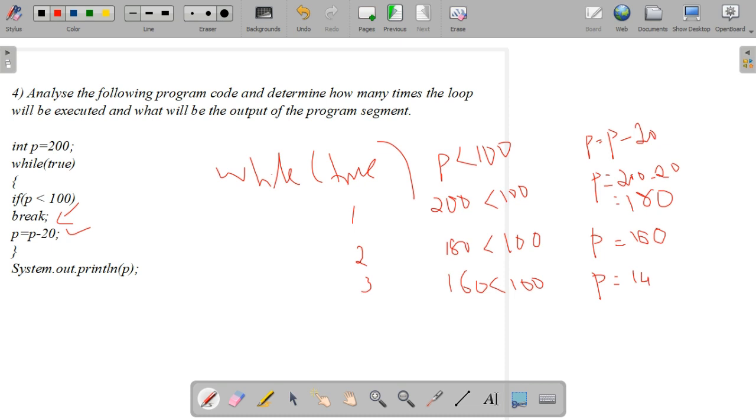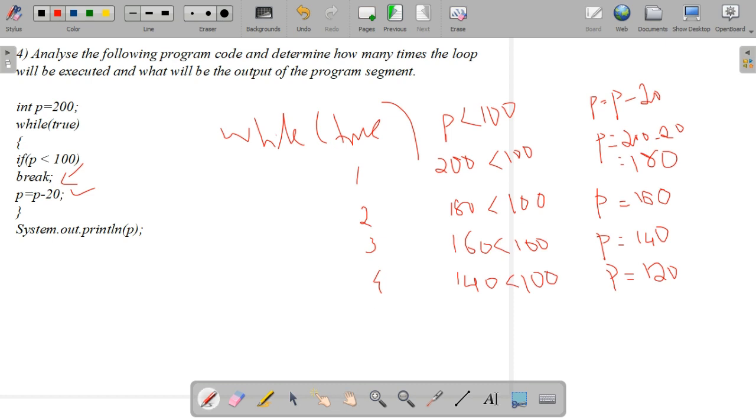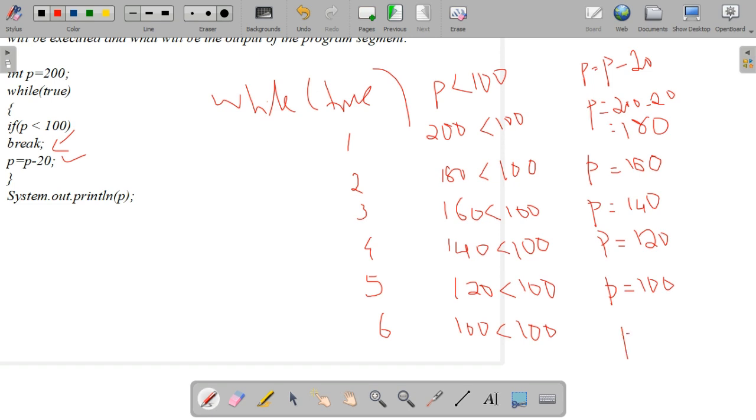The third loop: 160 less than 100? No, P equal to 140. The fourth time: 140 less than 100, P equal to 120.